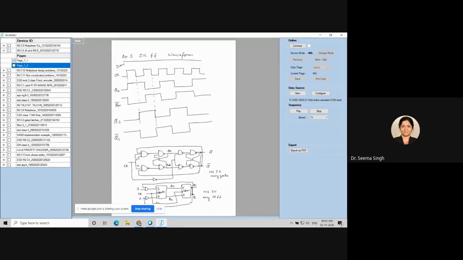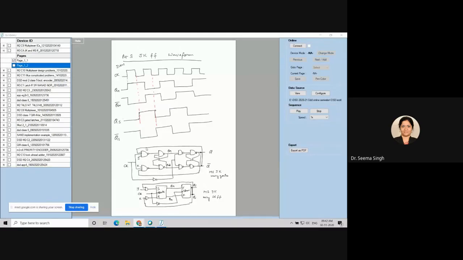Now, master slave JK flip-flop I had shown with the document. Here I am showing you the circuit now. Master slave JK flip-flop shows what? That there are 2 possibilities. One of you told me also. One set of 4 NAND gates becomes your slave, and one set of 4 NAND gates becomes your master. And the feedback from the output crisscross goes back to the input. That means Q bar goes along with J and Q goes along with K.